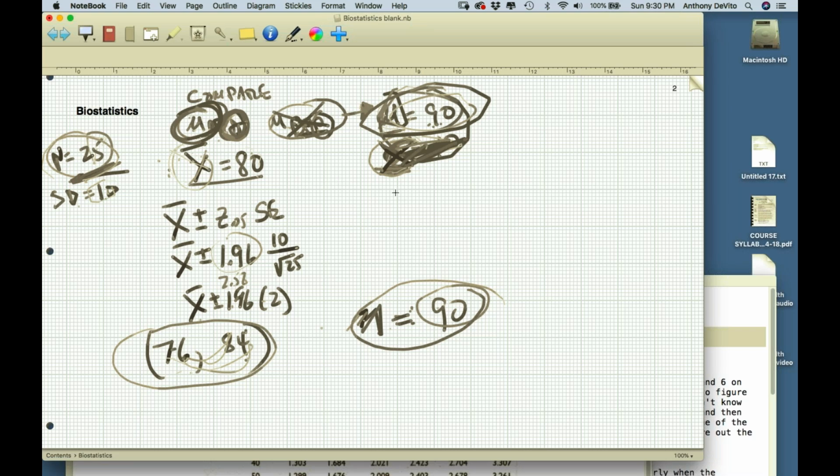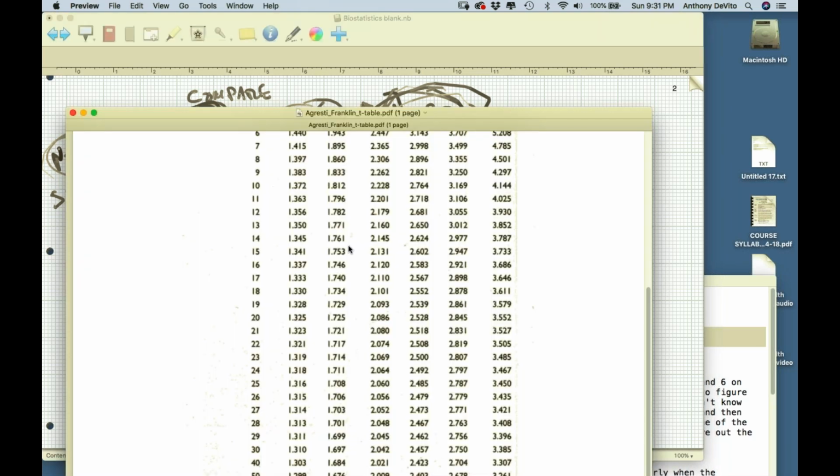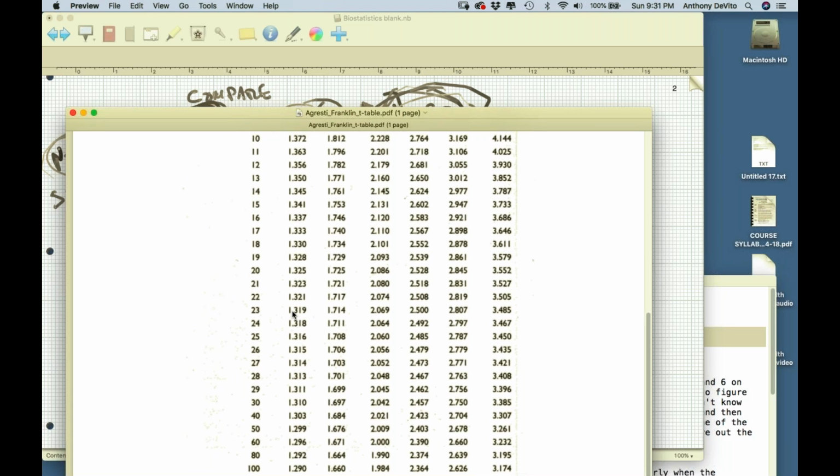So instead of saying x bar plus or minus z, I'm going to use the t-score for that specific sample size times the standard error, right? Okay, so again, doing exactly the same thing, 80 plus or minus. Well, now what's the t-score going to be for a sample size of 25? Well, we go to our table. For a sample size of 25, that's 24 degrees of freedom. The t-score is going to be